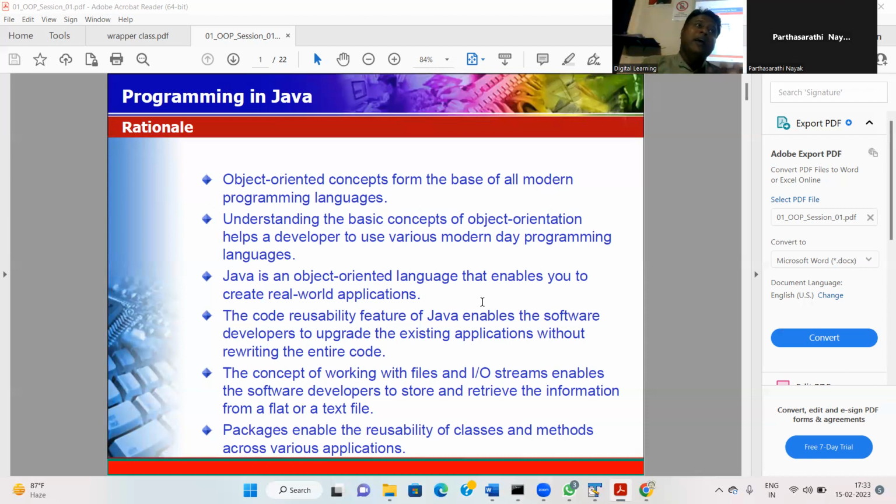In a similar way, every application is divided into modules. Those modules are called packages. You have to design your package, you have to design your package. And the team leader is present, assisting all of them, gathering the information and presenting the project in front of the CEO and the project manager.